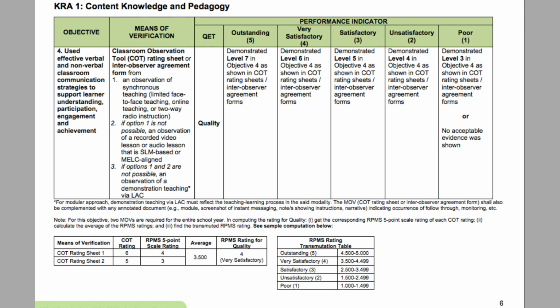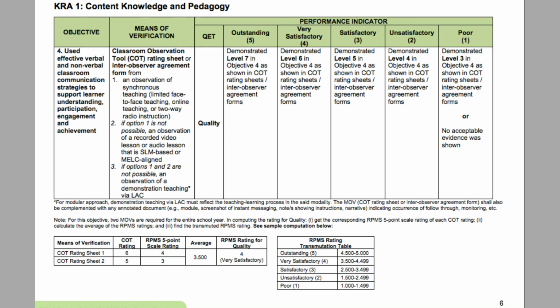Objective 4. Used effective verbal and nonverbal classroom communication strategies to support learner understanding, participation, engagement, and achievement. For MOVs, your COT. Outstanding, demonstrated level 7 in Objective 4 as shown in COT rating sheets.